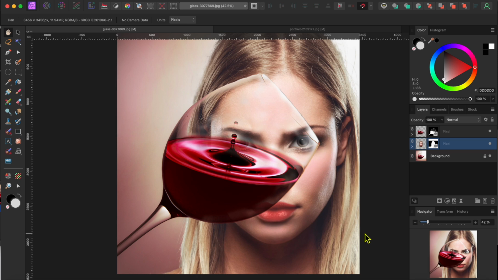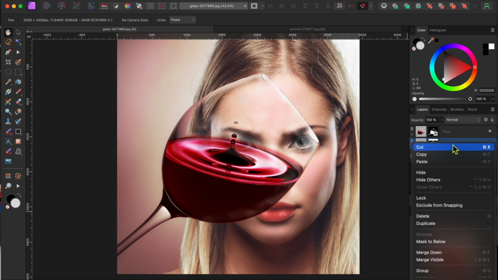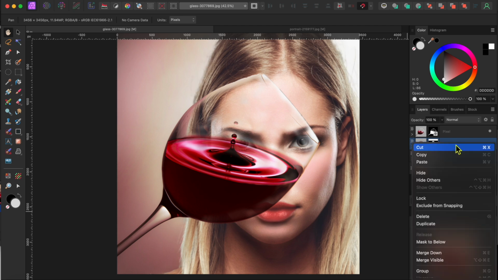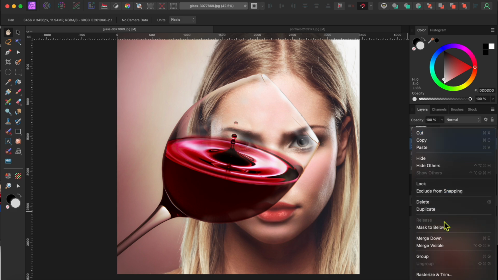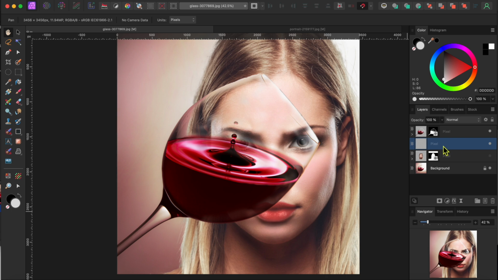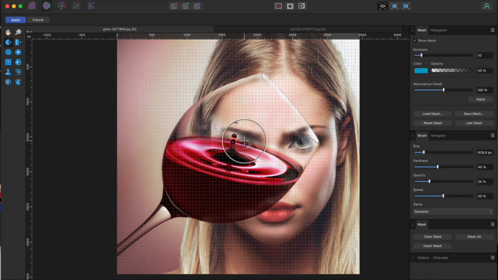Okay, now glass tends to warp the light from behind it as it passes through. So I'm going to use the liquify persona a bit on the woman's face. First though, I'll right-click on her layer and scroll down to duplicate and then turn the lower copy off. Next, I'll right-click on the top woman layer and then scroll down to rasterize to turn this into a single pixel layer. Then, with that layer selected, I'll click on the liquify persona at the very top left of the studio,